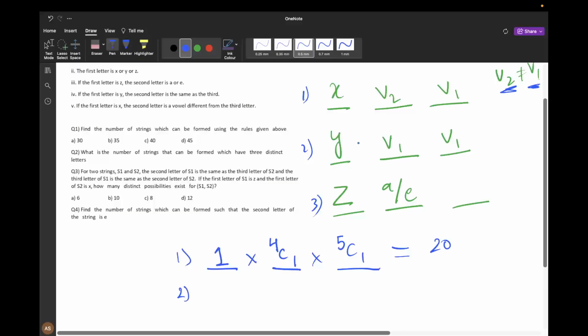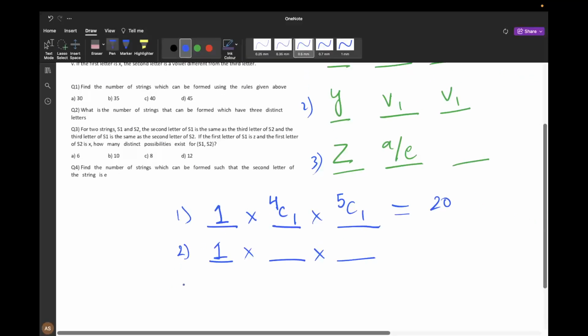Now the second condition. For the first letter there's only one way, that is Y, and the second letter and the third letter must be the same. How can it be the same? Is there any way we can choose for it to be the same? Is there only one way for it to be the same, or are there multiple? Think about it, until then we'll write the third condition. Z can only be once, A or E. So basically out of 2 we are picking 1. And